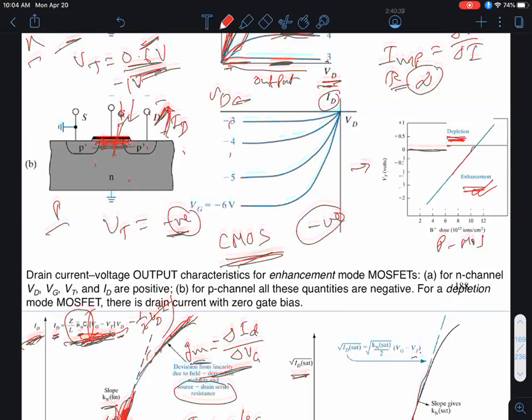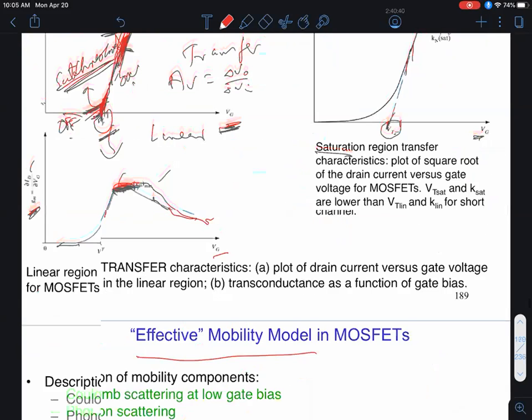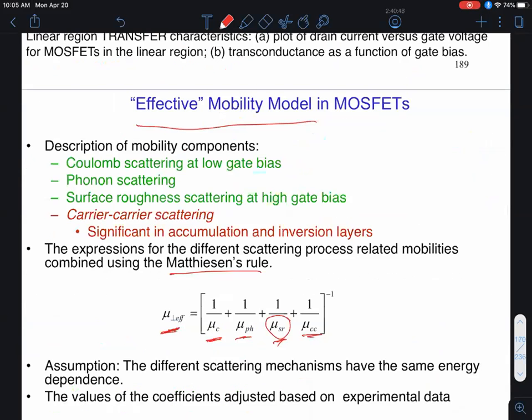That causes this additional scattering, which is called surface roughness scattering. Now, the question, of course, is why do I combine mobilities in this funny way? Just to refresh your memory, we said that mobility is given by charge of the electron times time between collisions divided by the conductivity effective mass. Remember that? With the time between collisions,